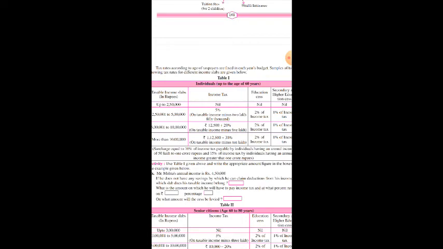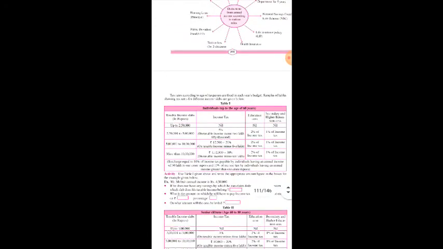So this is how we have to pay according to Table 1, in which the individual age should be up to 60 years. इस टेबल के हिसाब से इंडिविजुअल की एज होनी चाहिए 60 साल तक. ओके, अगर आप 60 साल तक के अंदर के हैं, so you can pay, 2,50,000 तक आपको टैक्स माफ है. अगर आपके पास 2,50,000 से ज्यादा है,